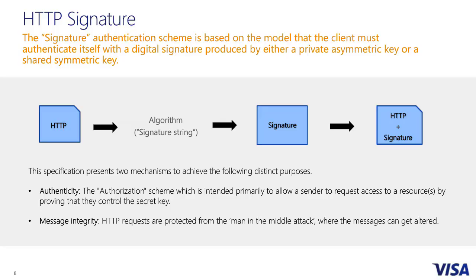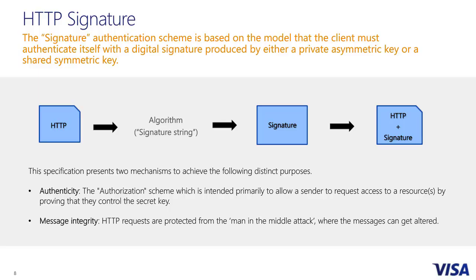Now, in case of HTTP signatures, we have a structured string that you encode. You can encode using a private key or a public key. Now, this structured string must include the HTTP request and any other form of predefined data that you have agreed upon. Now, this encoded string is generally referred to as the signature, and this signature must be included as a HTTP header. Again, it provides the same two things: the authenticity that it was actually sent by you, and message integrity, that it hasn't been tampered with.